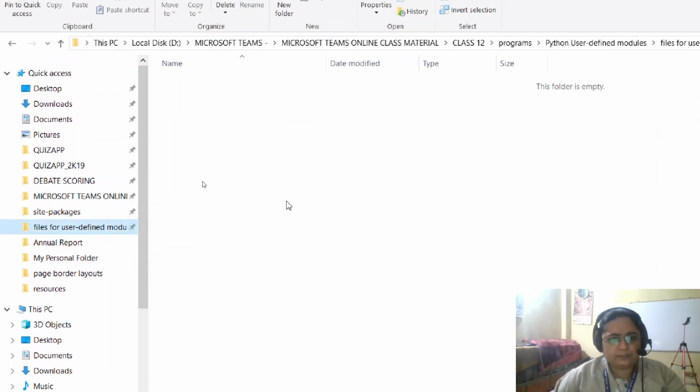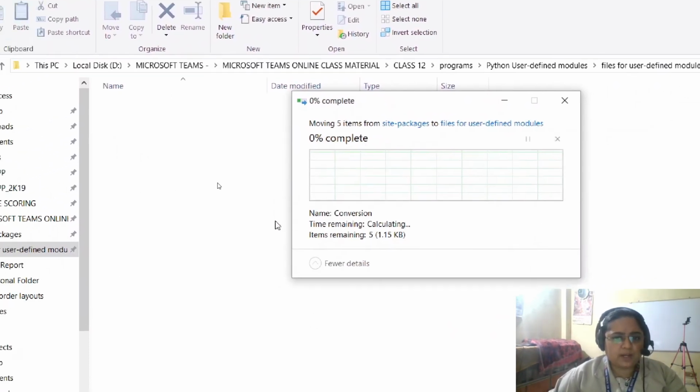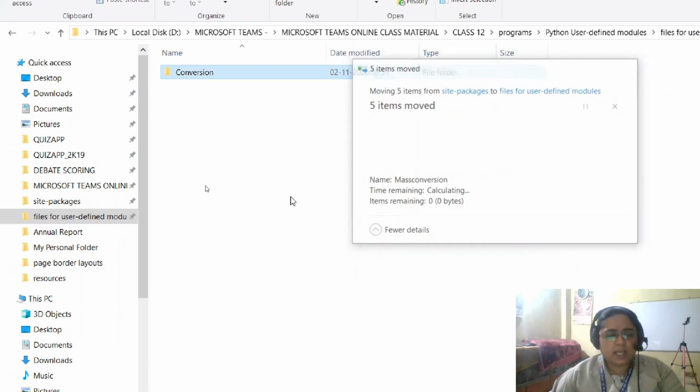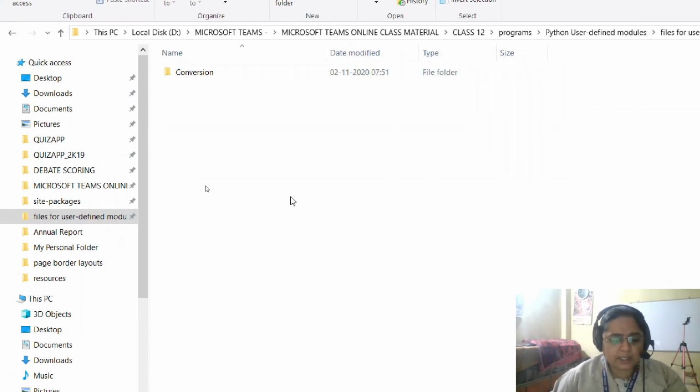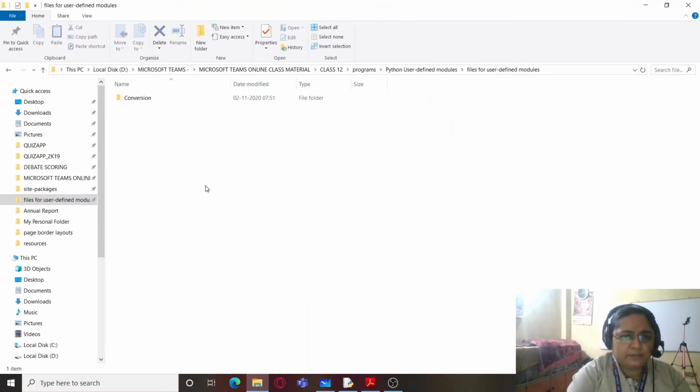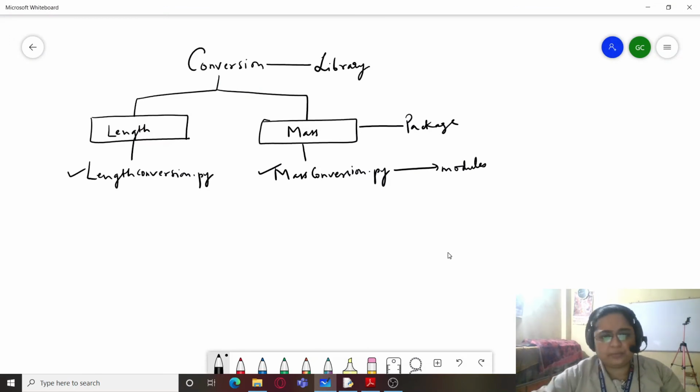because I forgot to do one very important thing, that was to include the double underscore init double underscore dot py file within each of the folders. Now I had explained before that to become a library, it is important that each of these folders contain this file.